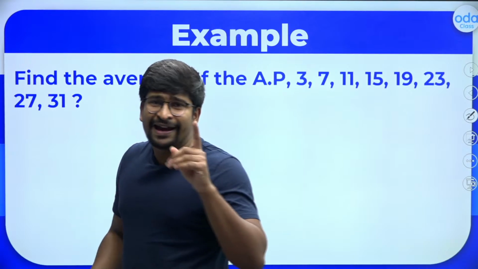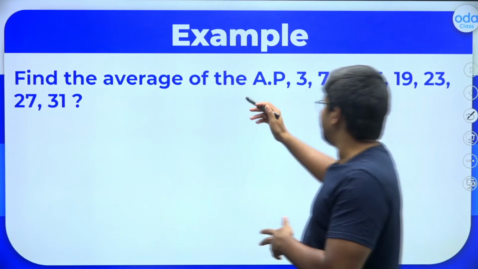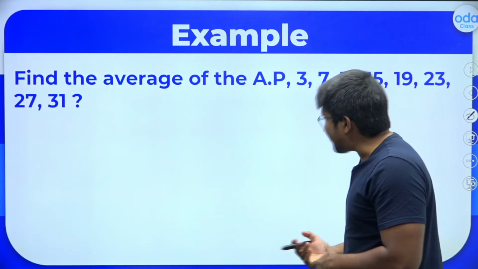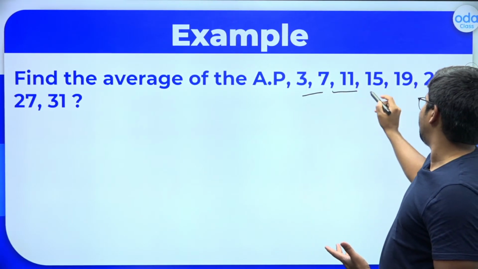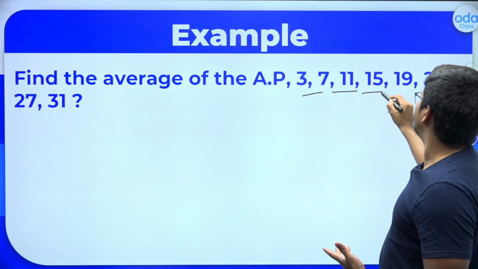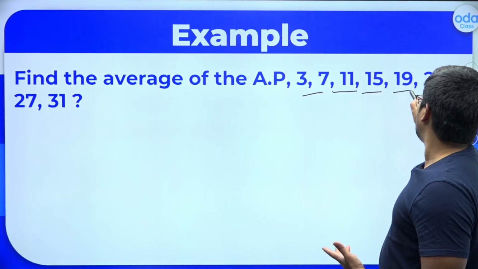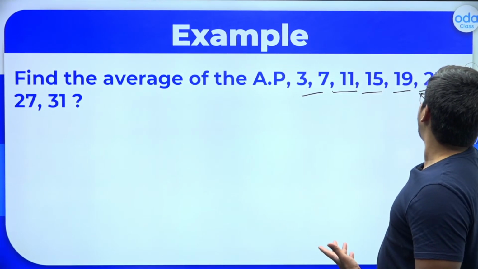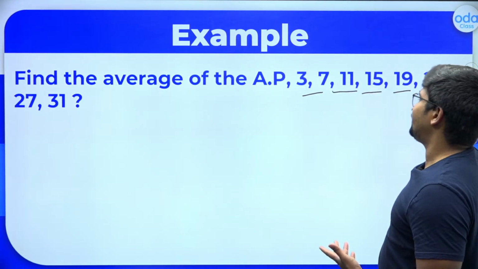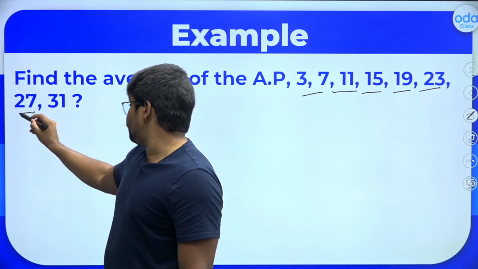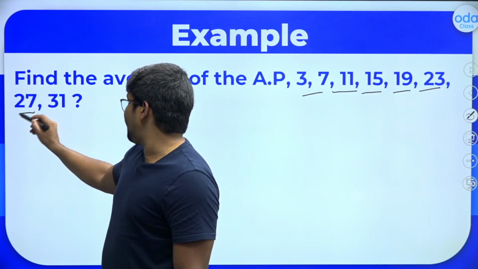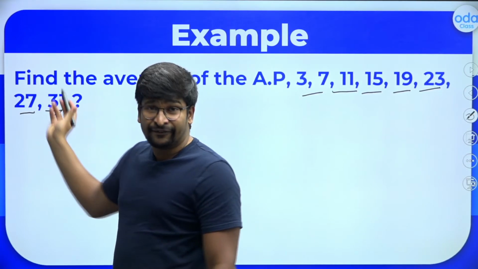So let's find the average using the normal method. That means adding all the numbers. So let's add all the numbers. 3 plus 7 is 10, 10 plus 11 is 21, 21 plus 15 is 36, 36 plus 20 is 56, 56 plus 22 is 78, 78 plus 30, if I do 78 plus 108 minus 3, 105. 105 plus 31 is